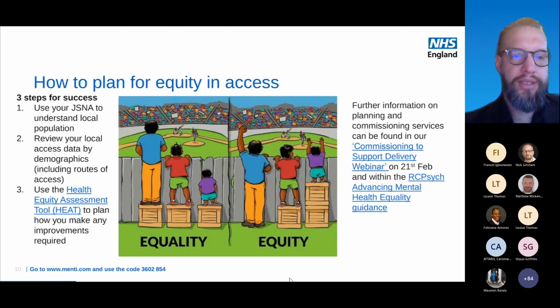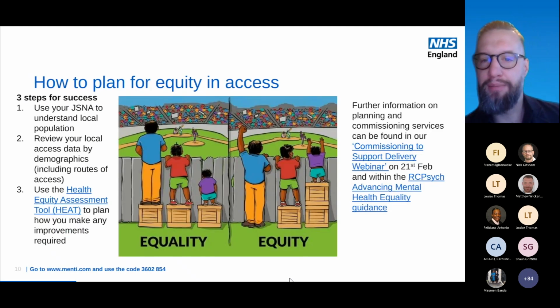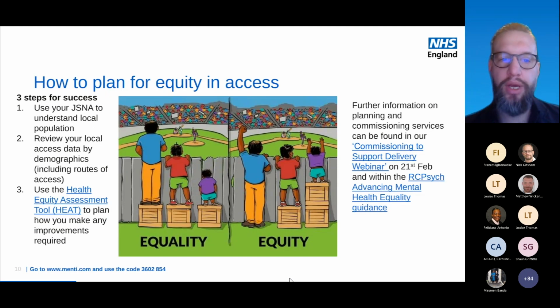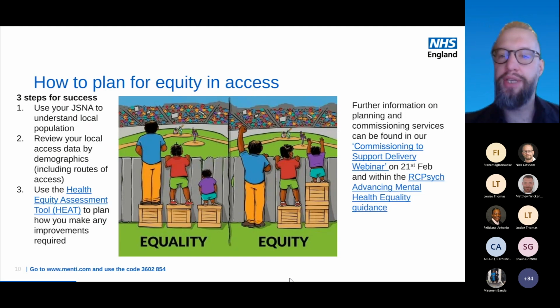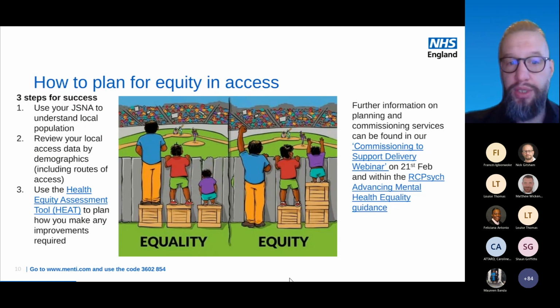So if we deploy a service in a society where there are existing health inequalities, if we don't specifically plan in advance for how we're going to reach out to the currently excluded groups, then we reinforce those health inequalities and also risk introducing new ones. So when we think about increasing access, what needs to be at the forefront of our minds is ensuring that there's equitable access to the resources that are available, and that we are proactively reducing the numbers of people in marginalised groups who are currently directly or indirectly excluded from the service.